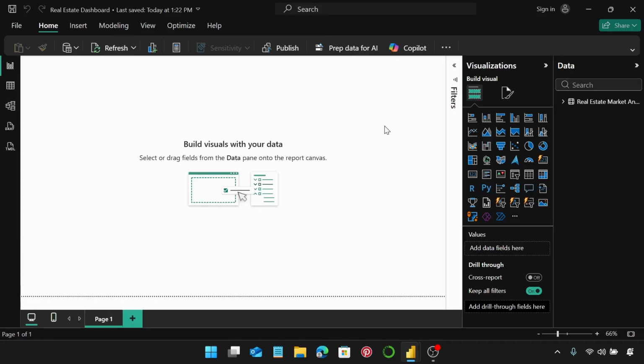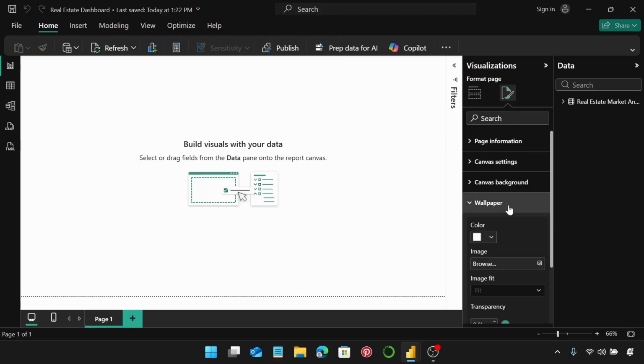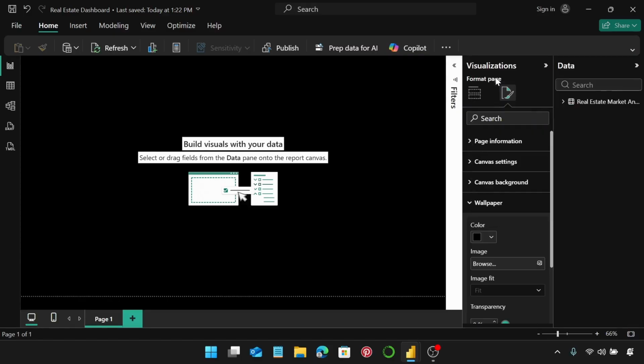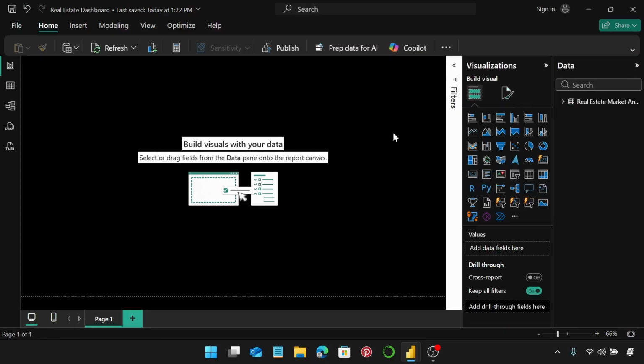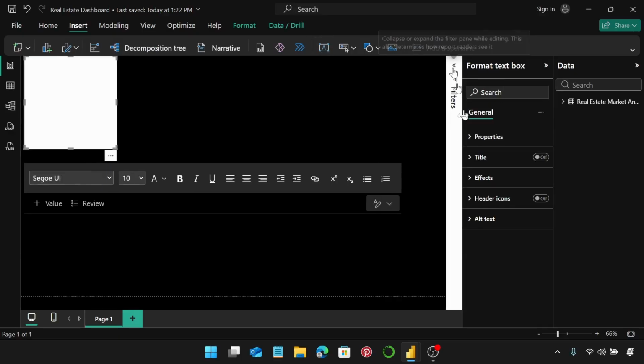First thing we're going to do is change the background of this entire wallpaper. Come over here to format page, and under wallpaper, expand colors and change the color to a full black color like this. Next, let's insert a text box. Go over to insert, add a text box, and type the title of our dashboard, which is